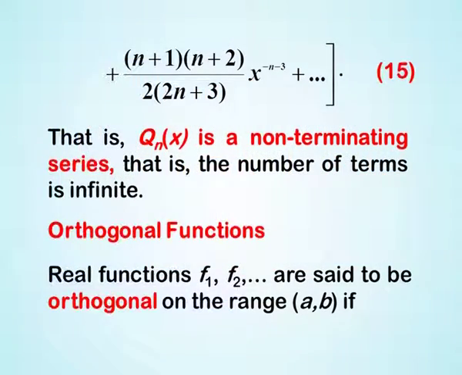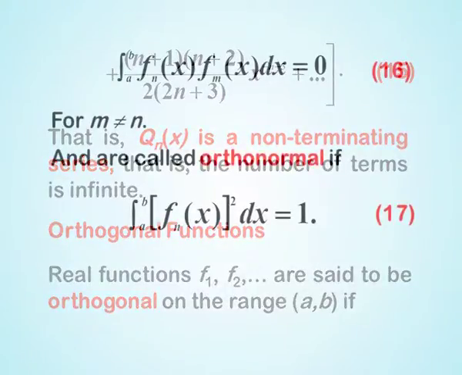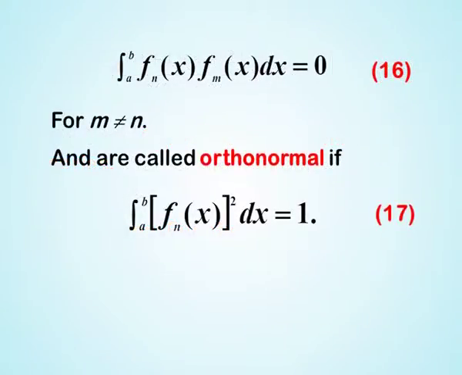Numerous books and research papers have been written on orthogonal functions, but we have a very brief note about it. Real functions like f1, f2, f3, and so on are said to be orthogonal on the range a to b, where a to b is obviously the range of integration, if this integral is equal to 0, given by the 16th equation, and this is valid for m not equal to n. But the same system is called orthonormal